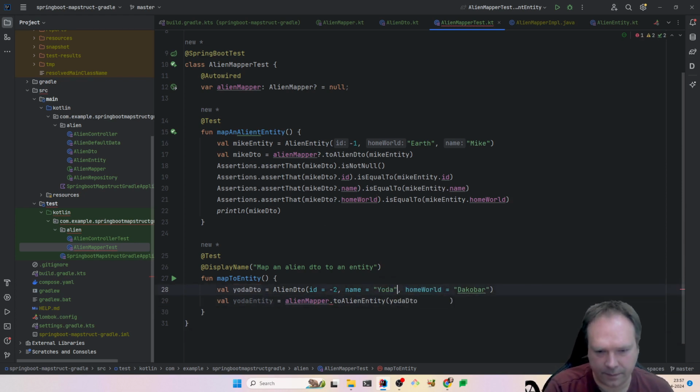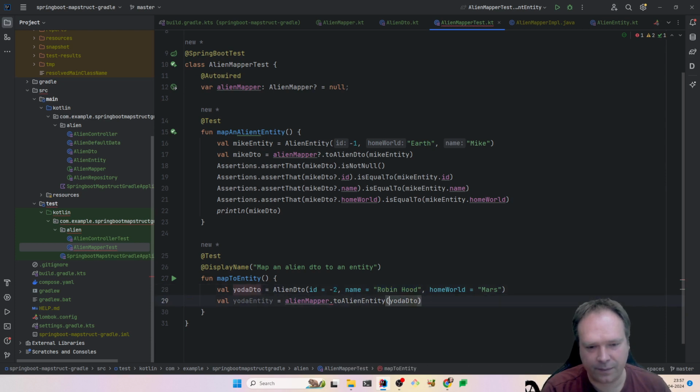I'm going to use another name. Robin Hood from Mars instead. So Robin Hood from Mars. Robin Hood is a hero. He is now public domain because it's such an old character, so everybody can use Robin Hood. To alien entity,